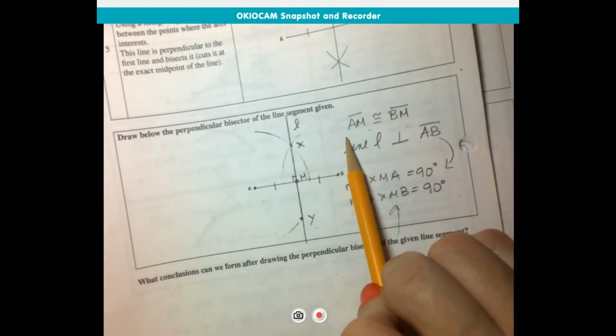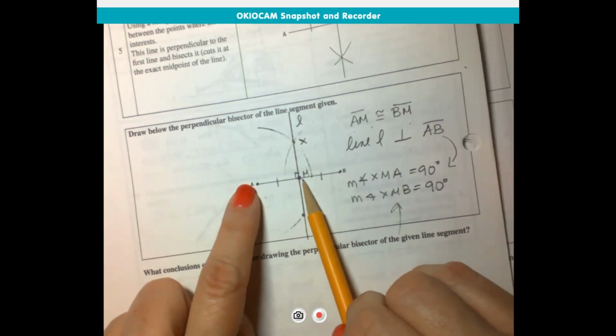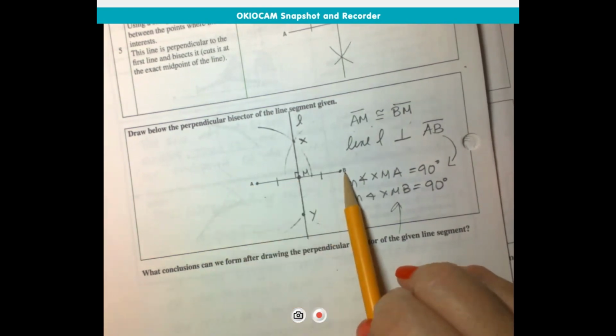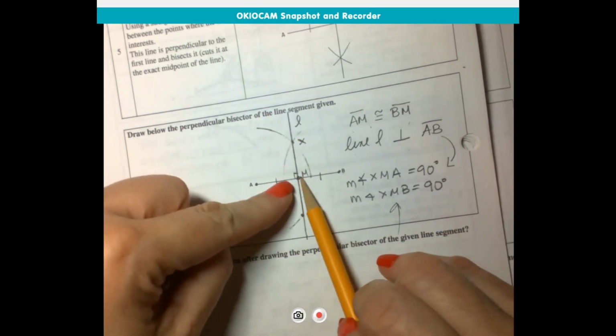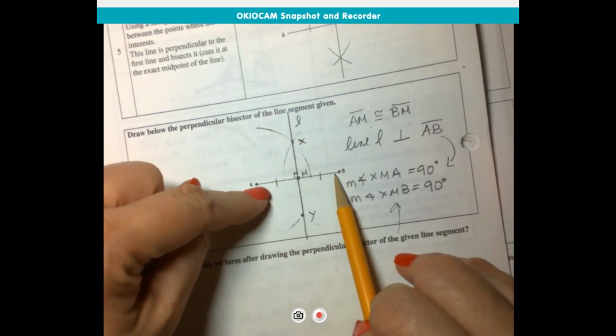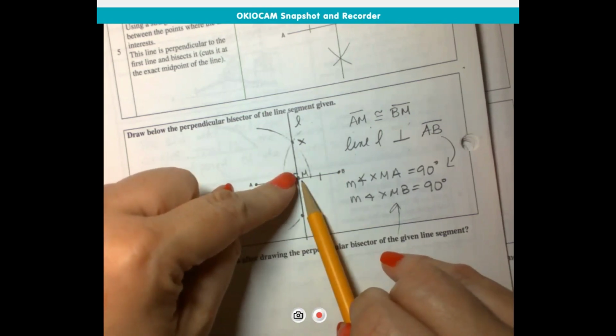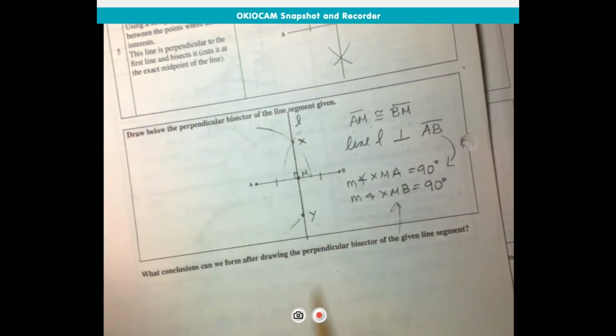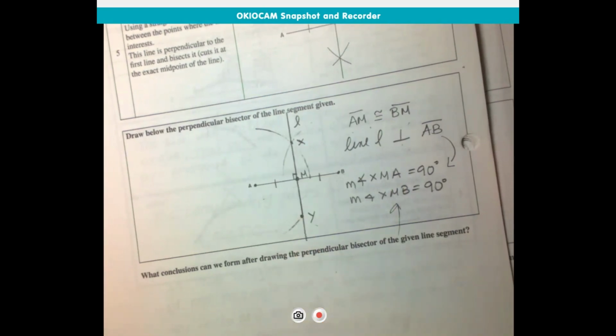So that's what we get, that AM, because I call that point M, where they intersect the segment AB, that AM is congruent to BM, because again, perpendicular means that they form 90-degree angles, but bisector means that they cut it in half. So they cut in half the segment at point M through the perpendicular bisector. The lines are perpendicular, that means that they form 90-degree angles. Okay, so again,